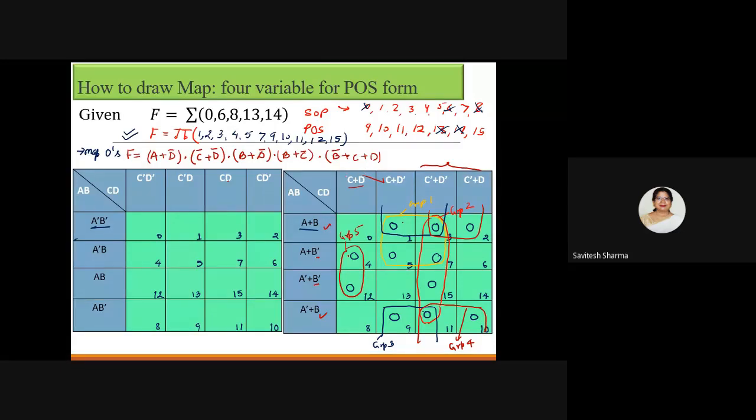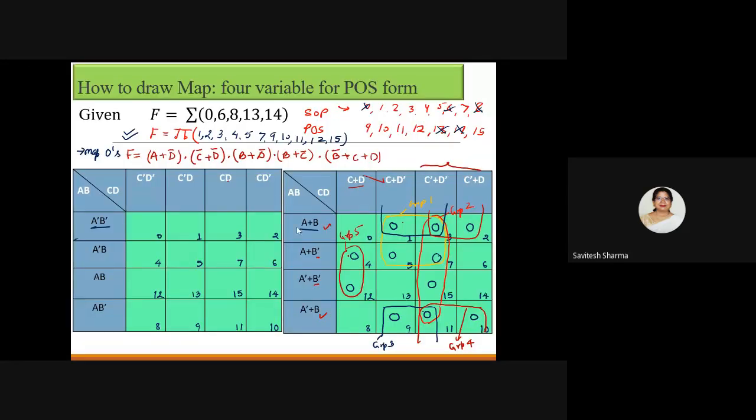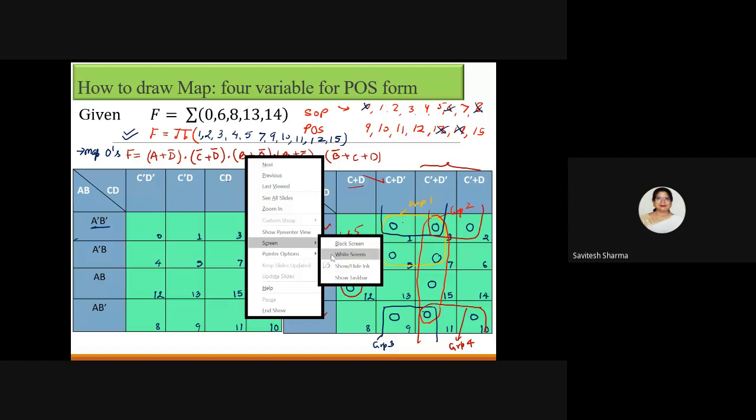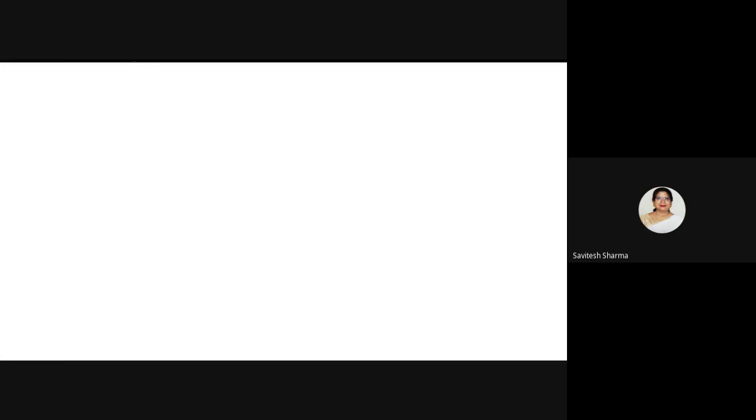Okay. Or shall I take one more example? I will take one more example to make you comfortable. So randomly I am writing, just please do it fast. To make your own K-map again, I am giving you a problem. It is again given in the form of min terms.